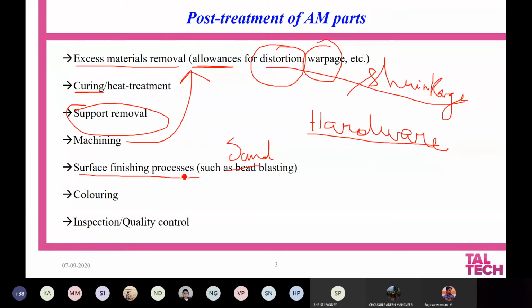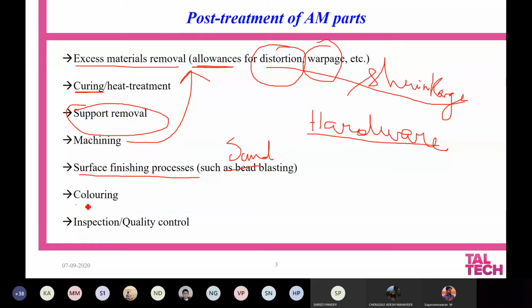or you can reduce the asperities in the material, and at the same time you will be able to improve the fatigue strength of the material, because since it is hitting, it will generate compressive stresses in the material, and since you generate compressive stresses in the material, the fatigue life of the material gets increased or improved.